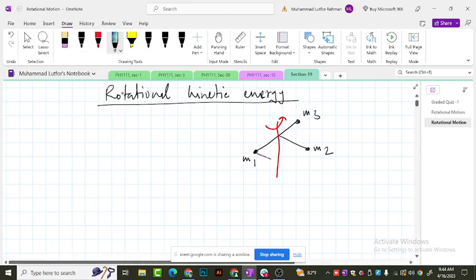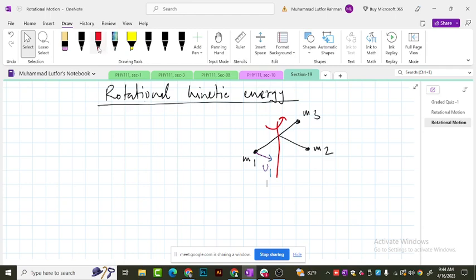This one has a linear speed toward that direction, let's say v1. This one will have a linear speed toward that direction with v2, and this one will be rotating that direction with a linear speed v3. And I also consider that this one has a distance from the rotational axis r1. Let's say this is r2 and let's say this is r3. If I rotate that system with an angular velocity omega, then the translational kinetic energy, or simply the kinetic energy, will be